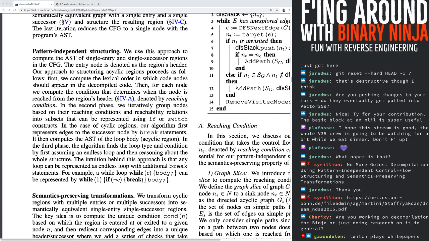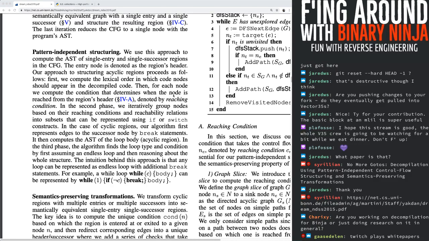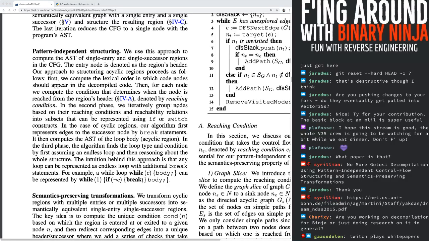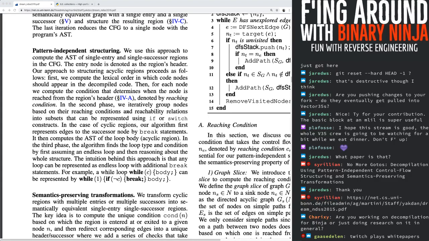Then for each node, we compute the condition that determines when the node is reached from the region's header, denoted by reaching condition. In the second phase, we iteratively group nodes based on their reaching conditions and reachability relations into subsets that can be represented using if or switch constructs. Okay, so